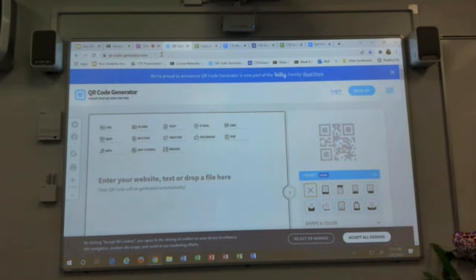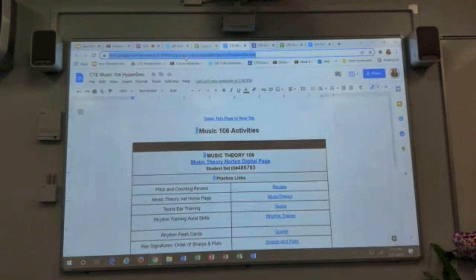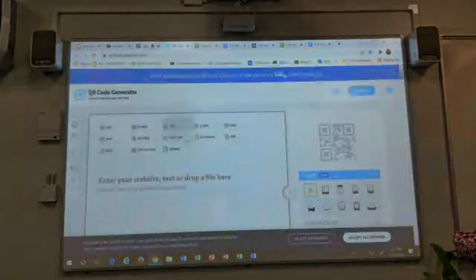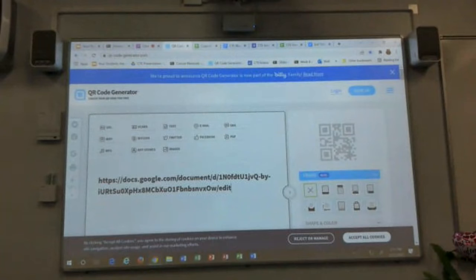But there's many different ways to create one. This one's a very basic one, but that's all I need. And basically all you have to do is you go to here, copy whatever the link is that you want to use, paste the link in here,